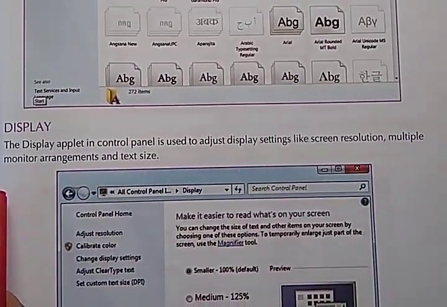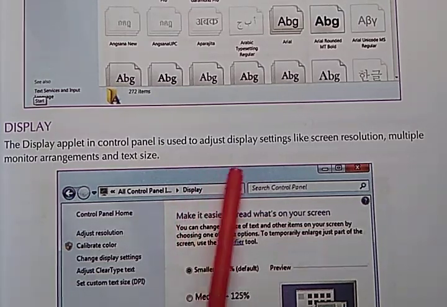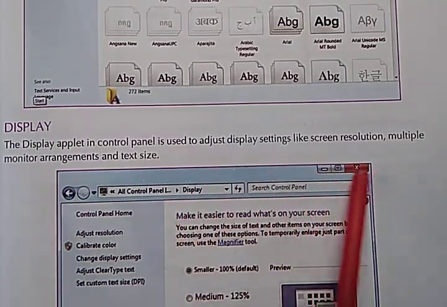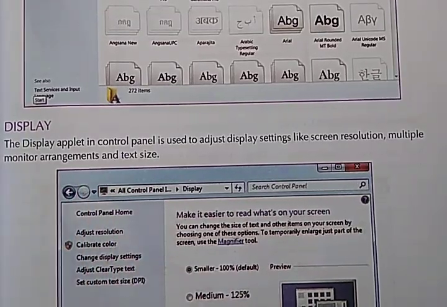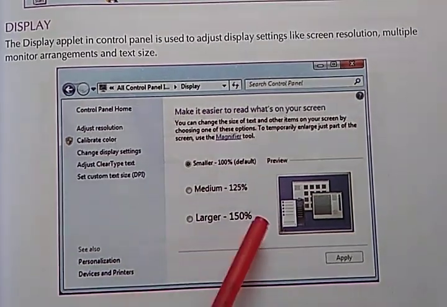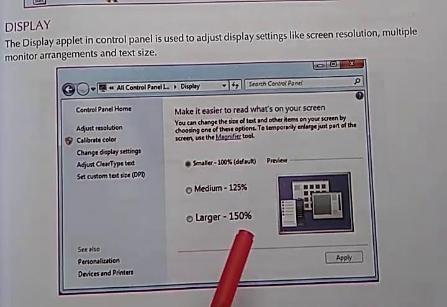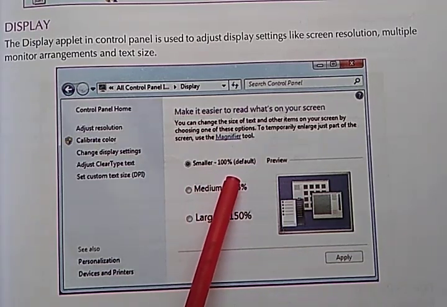Display. The display applet in control panel is used to adjust display settings like screen resolution, multiple monitor arrangements and text size. As shown in this picture, medium is 125%, larger 150% and smaller 100% default.